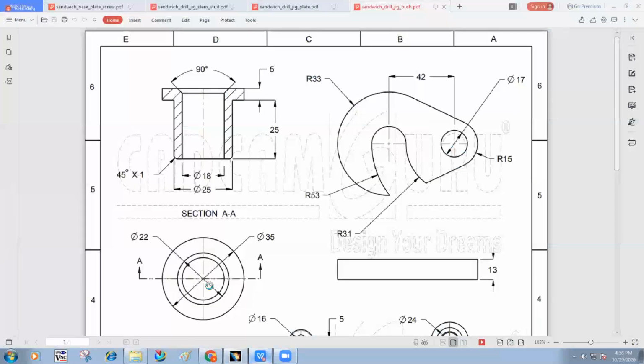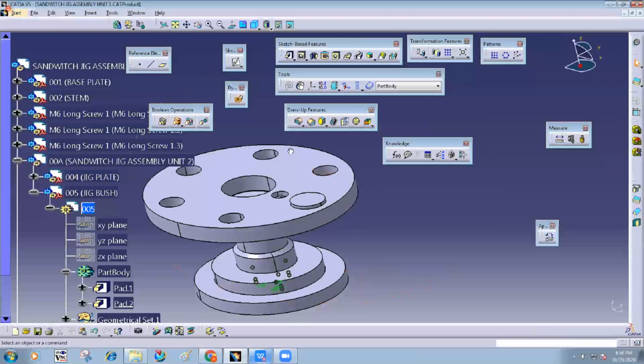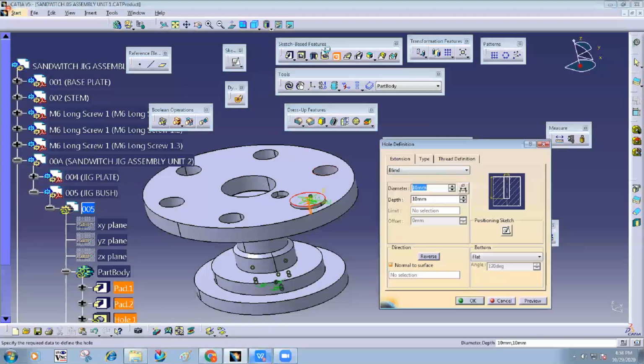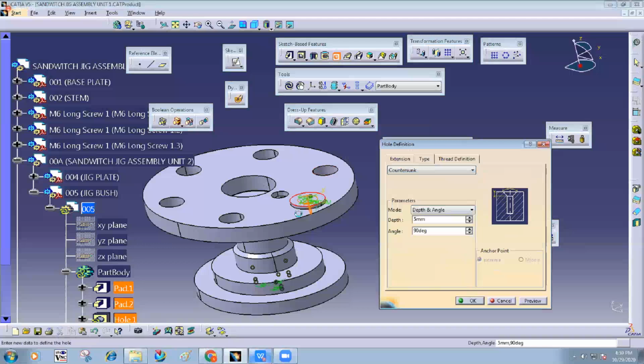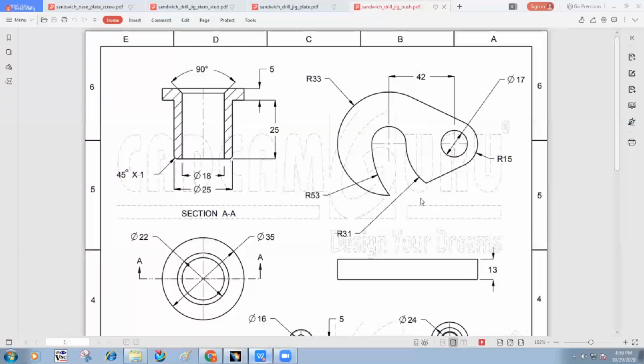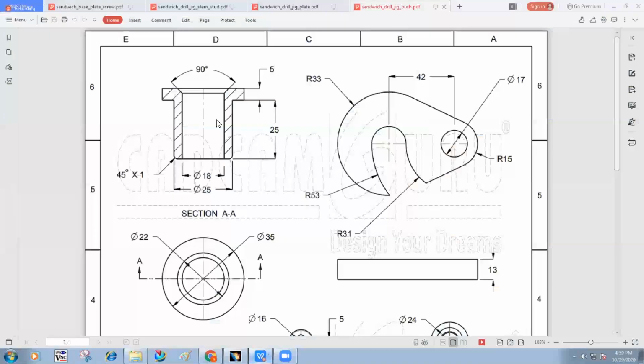This countersunk hole diameter is 18. So create the hole, select this face, the type is countersunk, the dimension is 90-degree angle, base 18, and depth is how much? Not mentioned, we'll assume it.